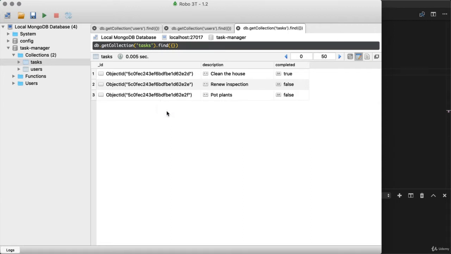So in an SQL database like MySQL, the server generates the ID for new records, and it follows that auto-incrementing integer pattern, where the first record has the ID of 1, the second 2, 3, 4, and so on. With MongoDB, the IDs are known as GUIDs, which stands for Globally Unique Identifiers, and these are a bit different. They're designed to be unique using an algorithm without needing the server to determine what the next ID value is.